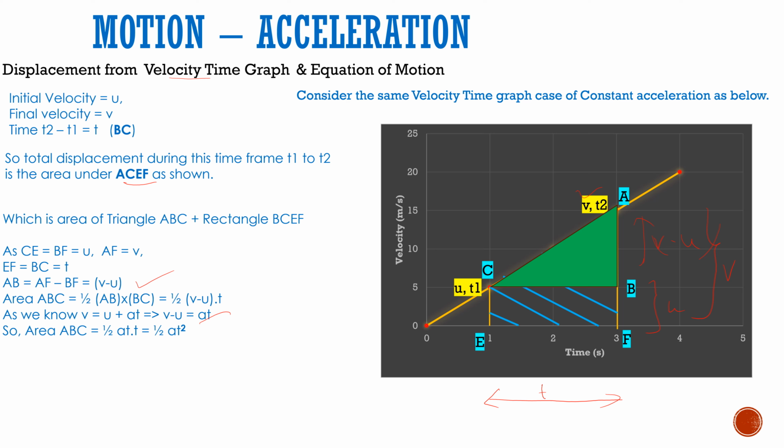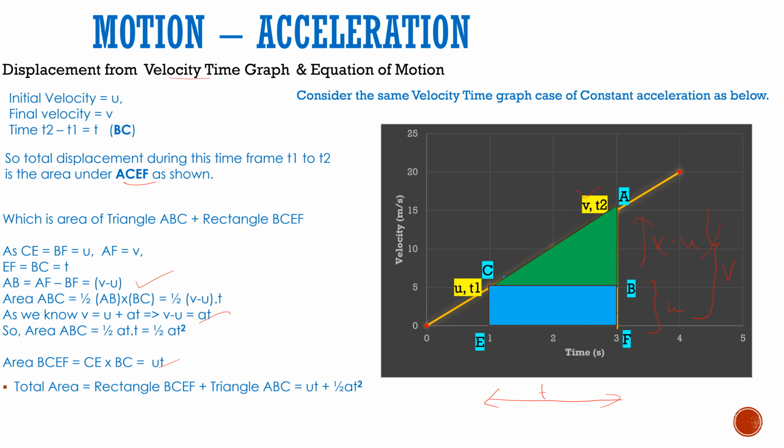Now what is left is to just find out the area of this triangle, which is very simple. It is basically the multiplication of the sides, in this case CE into BC. So BC is already known, that is t, and CE is nothing but u, right? So just multiply it, it becomes ut. So this gives us the total area, which is nothing but ut plus half at square,